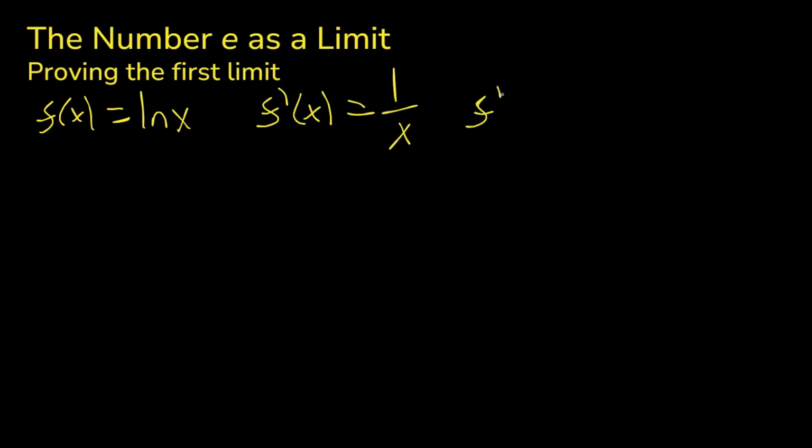So I want to prove the first one. So we start with letting f of x equal natural log x. Now this might seem weird, but you'll see where we're going here. So f prime is 1 over x, and f prime of 1 equals 1. Then if we work backwards and use the limit definition of the derivative with 1, so f prime of 1 is,